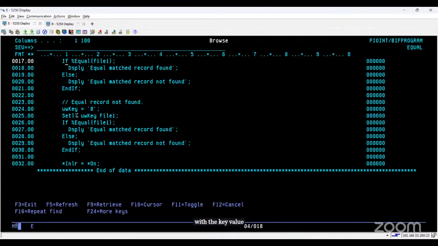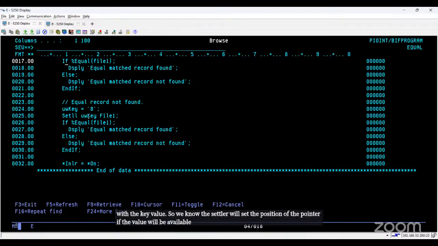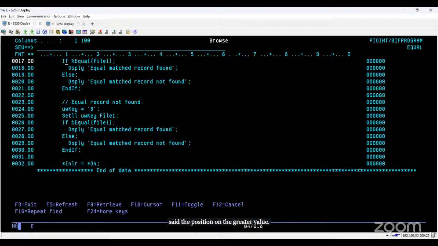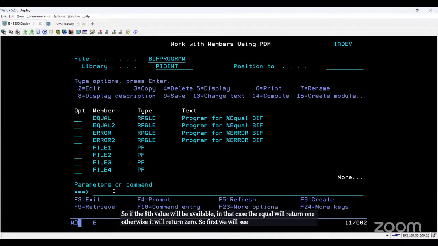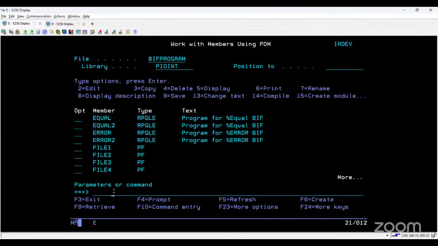So we know settle will set the position of the pointer if the value is available, otherwise it will set the position on the greater value. So if the eighth value is available, in that case the equal will return 1, otherwise it will return 0. So first we will see the value in the